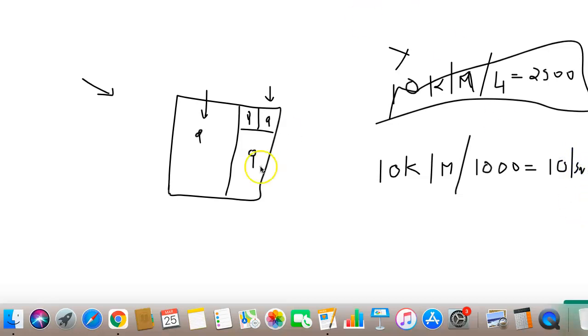And what you will do is A is using 60% of the room. That is 600 square feet. B is using 30% of the room. That is 300 square feet. C and D, that is your friend C and you, are using only 50 square feet each. Right? So what you will do is, since you have calculated the rent per square feet, you will say, okay, A,